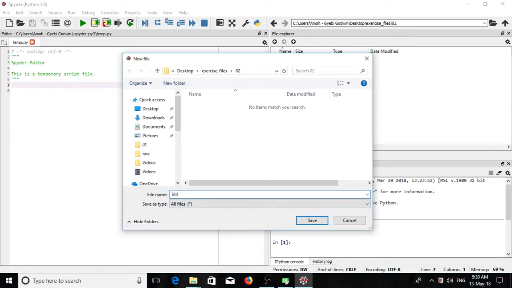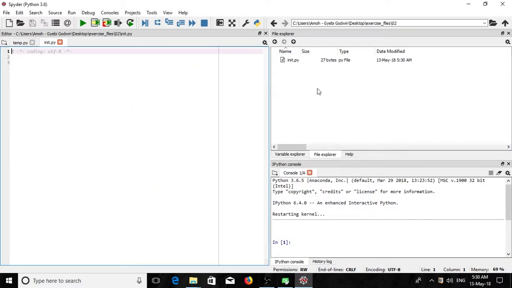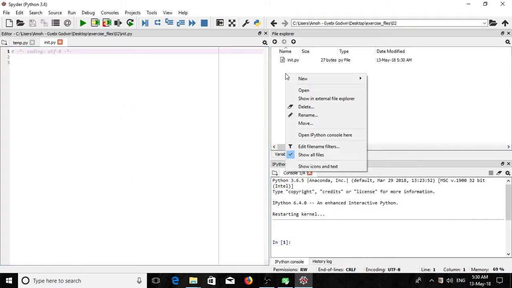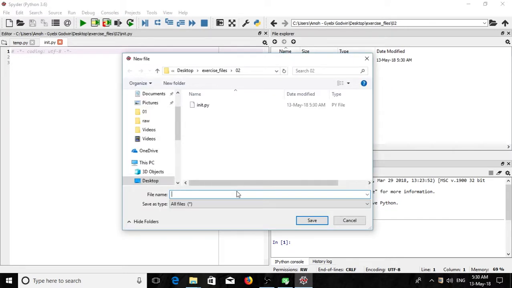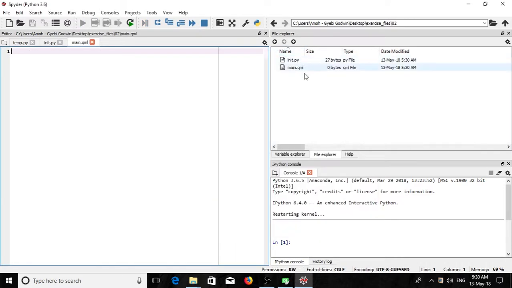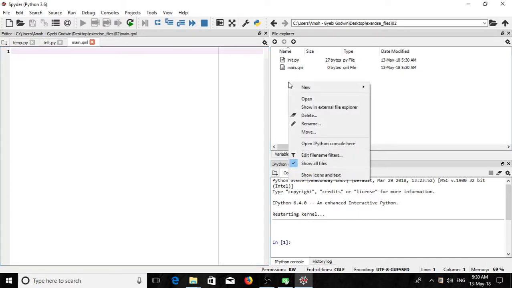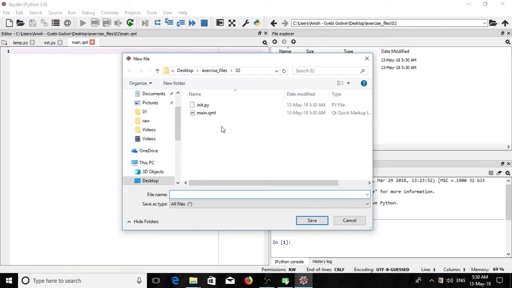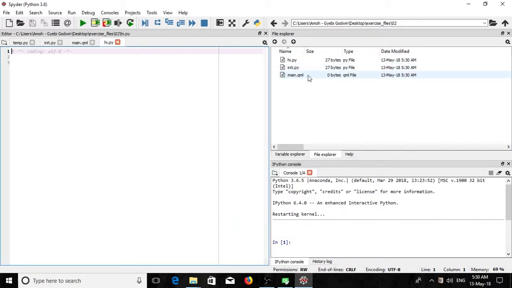Again, I will do the init.py and I will do the main.qml, and I'll do the hi.py, and I hope that will be it. And so yes, I will start with our init